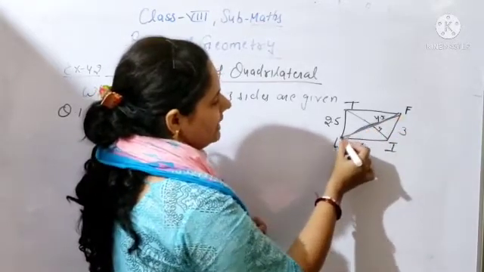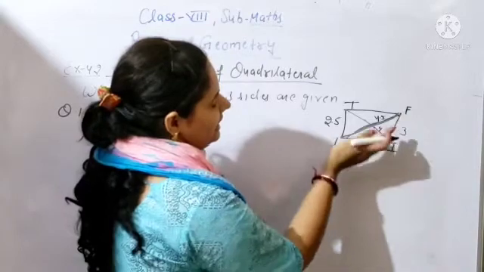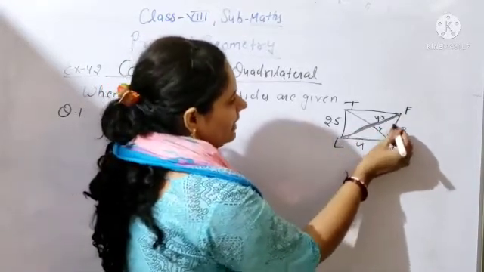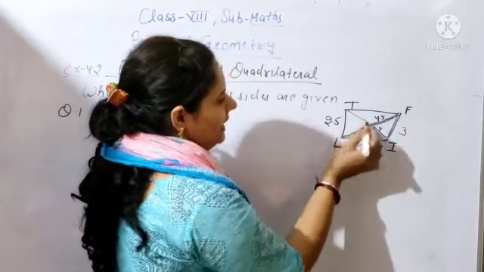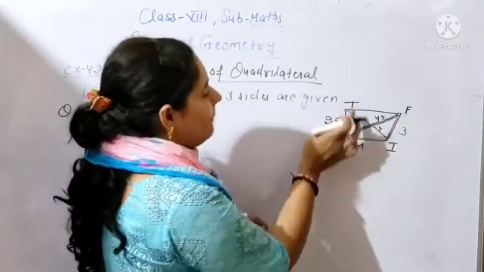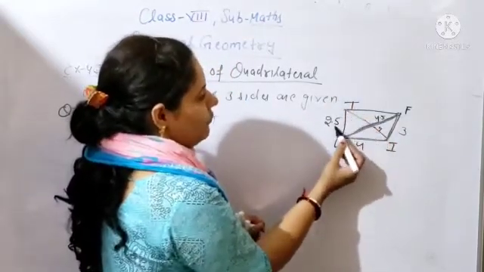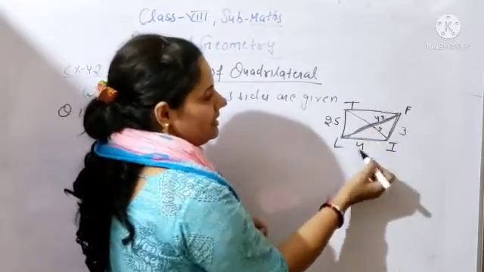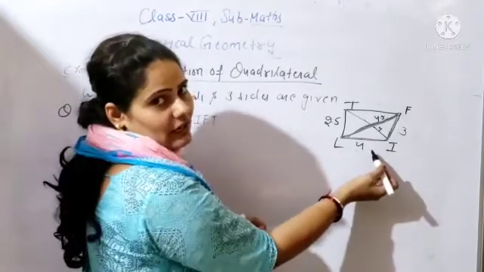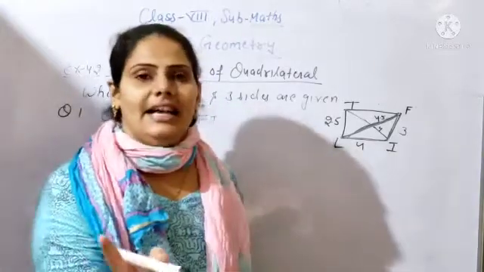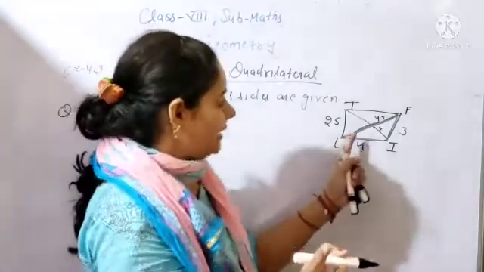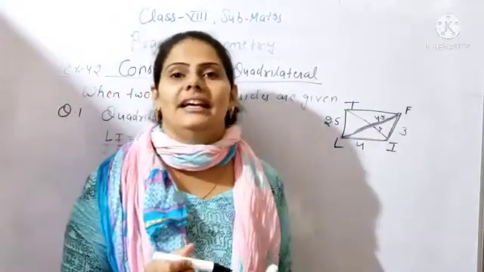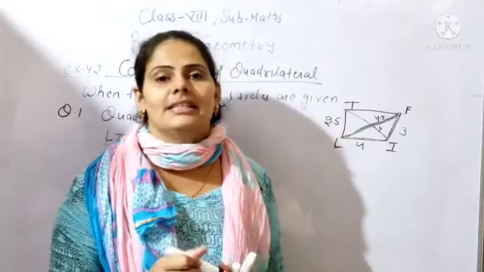If you select this diagonal, you can see downwards of this diagonal one triangle is complete, and upwards also there is one triangle, but in the upwards triangle the length of one side is given and one side is not given. In the downwards triangle, the lengths of both sides are given. After selecting a diagonal, you can check which triangle has both the line segment lengths given.